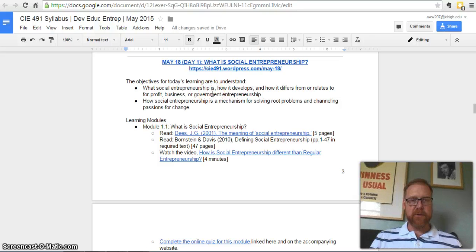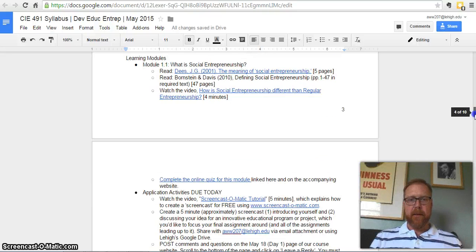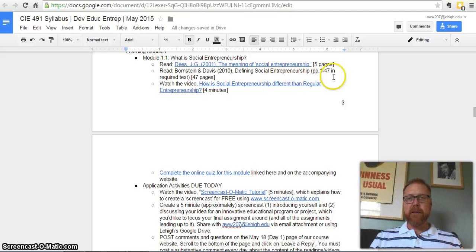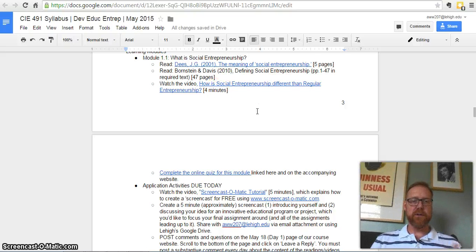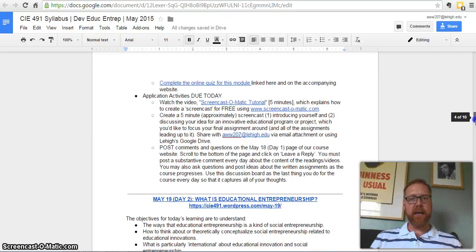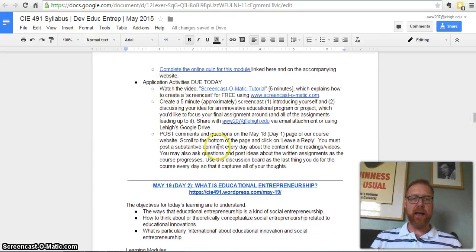It will tell you what the objectives are. It will tell you what the readings are, and will provide a link to anything that is linked. It will also, for videos, provide links to the videos. It tells you about how many pages you're reading or how long you're watching, so you can schedule your time accordingly. And then it lists whatever the application activities are that are due for that day.